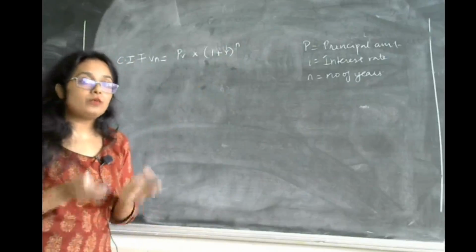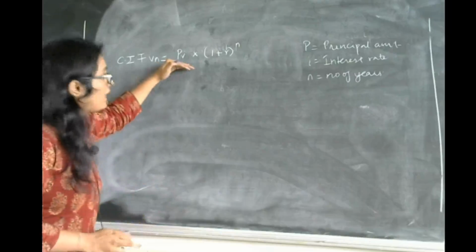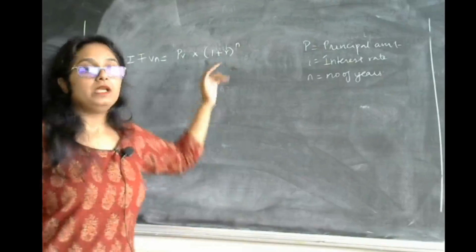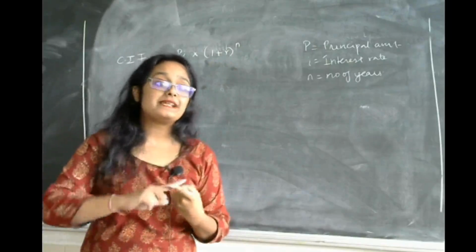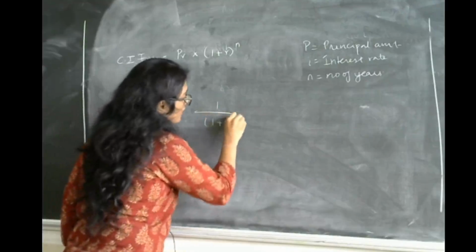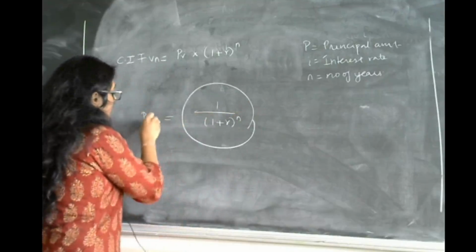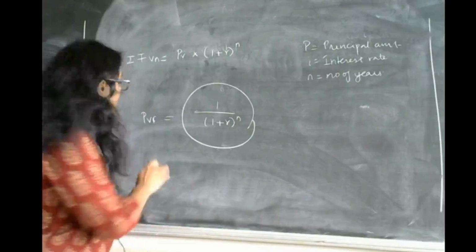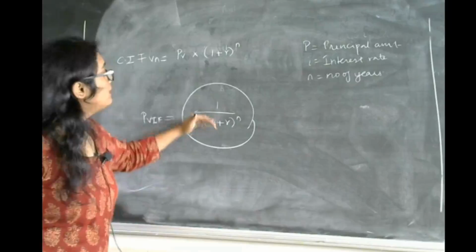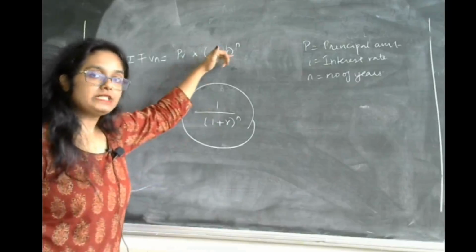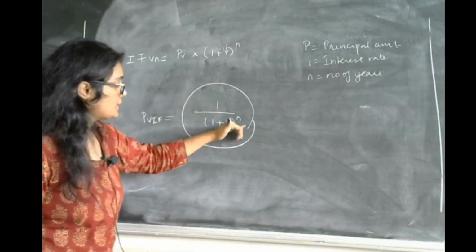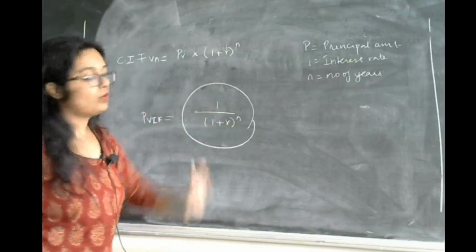Okay. So this is your compounding interest future value. I am repeating again: we have taken the present value, which is nothing but the principal amount, and multiplied it with the future value factor. If you remember, I had explained something called the present value factor. What was that present value factor? It was 1 divided by (1 plus r) the whole raised to n. This was your present value interest factor. Similarly, this is your future value interest factor, which is the reverse of this. So present value interest factor is 1 divided by (1 plus r) the whole raised to n, and future value factor is (1 plus r) the whole raised to n. Okay,